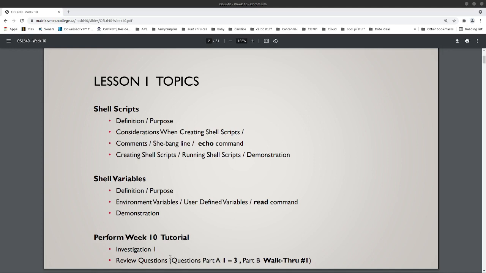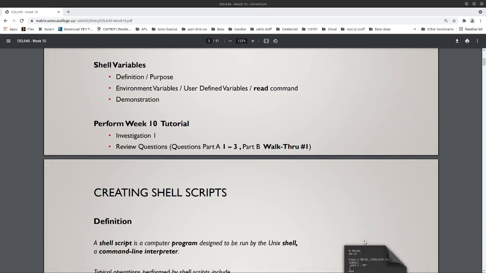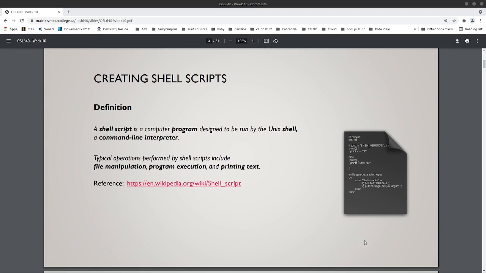So note there's Part A and Part B for the review questions this week. It's structured slightly differently than the rest. Part A 1 to 3, and Part B there's a walkthrough. So, with all that in mind,